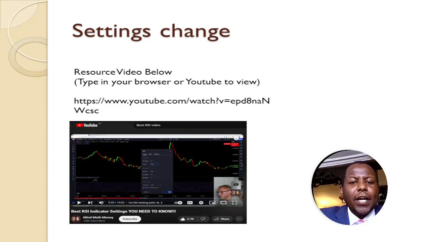However, I want to interest you in this one thing. I want to interest you in understanding these indicators and eventually deciding to use several of them one at a time. By the way, if you're in TradingView on the free version, you cannot use more than, I think, three. So you have got to remove one so that you can place the other. But you don't want to jumble and overcrowd your platform. You don't want to fill it with so much clutter. What you want is to pick one particular